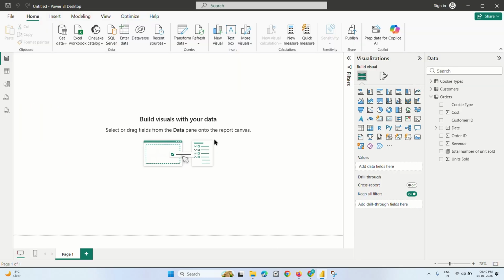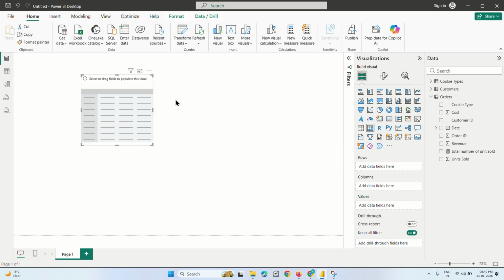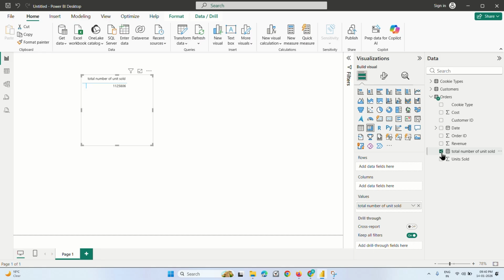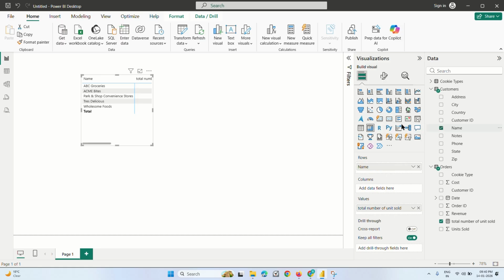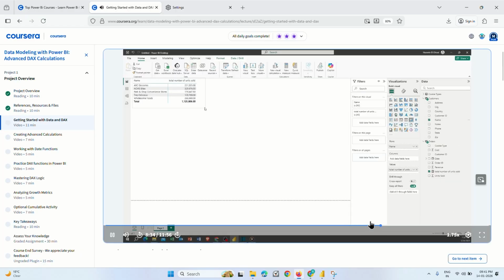Now I can see a matrix showing the customer name next to it, the number of units